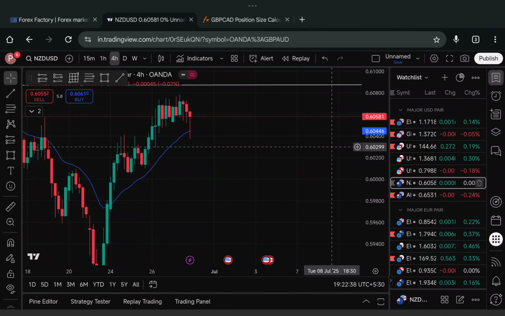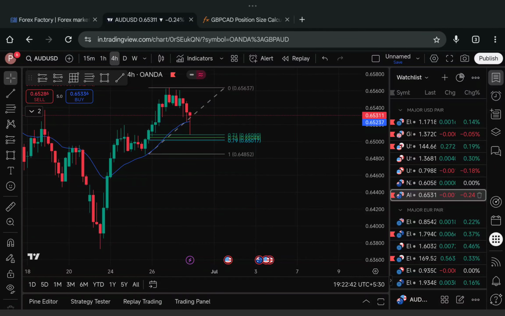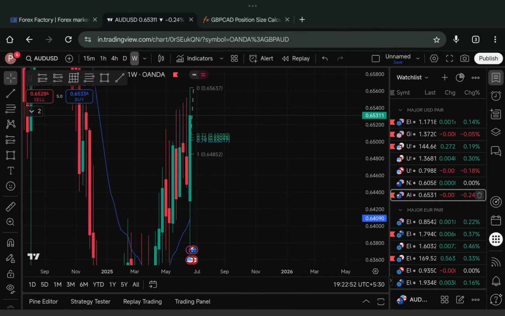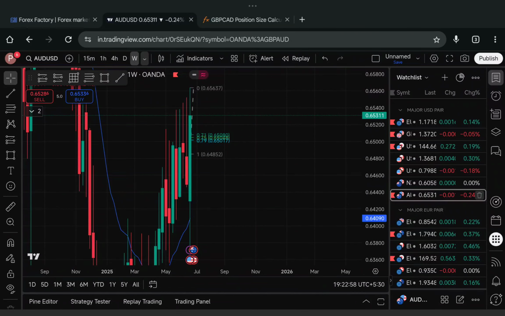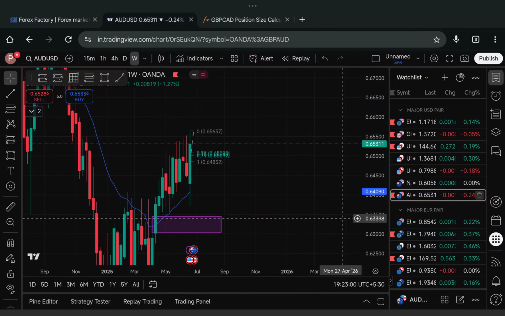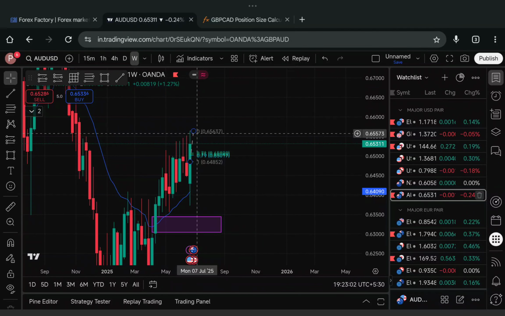But I will just sit back and watch it before it touches there. And now for AUD USD, by the way, I did not take a trade on this because I do not trade on weekends. What I mean to say is I do not enter on weekends for a swing trade. Again, with the weekly time frame, if price breaks above this previous high, or for my high confirmation trade,